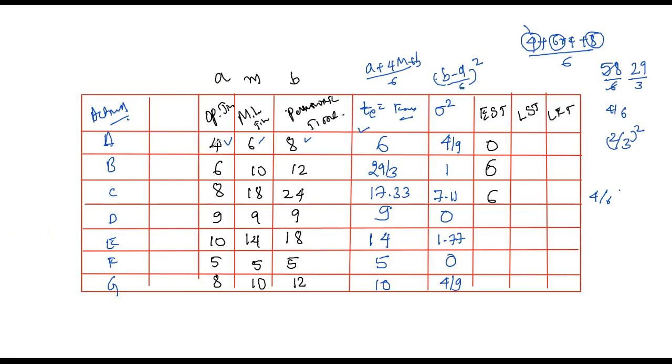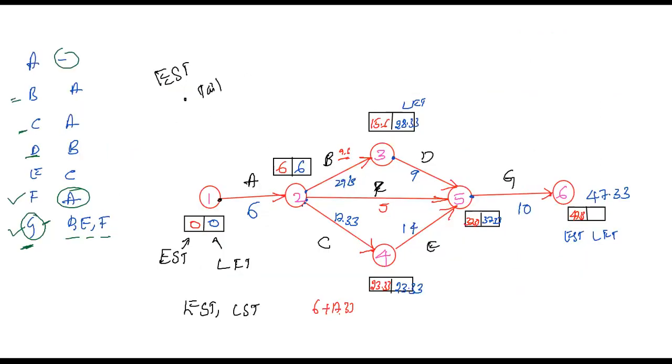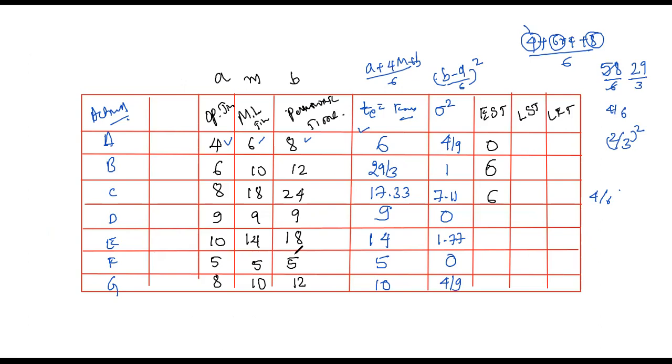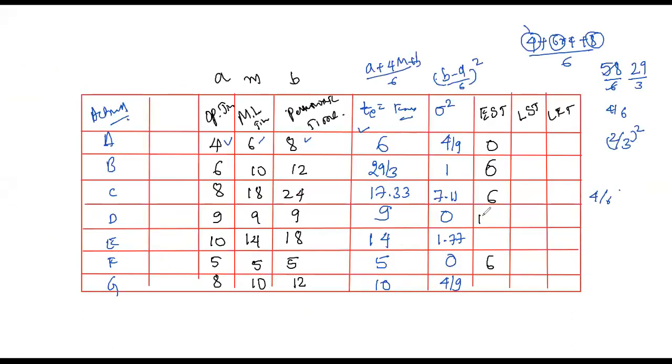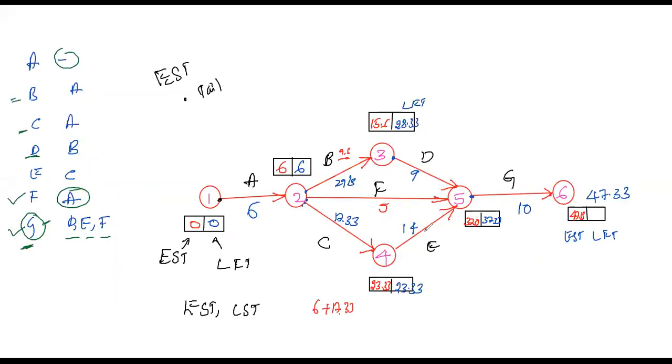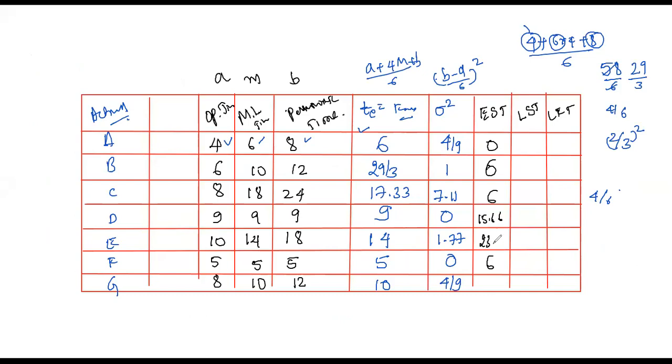Similarly, go with activity F also. And for activity F ಕೂಡ ಏನಾಗುತ್ತೆ 6 ಬರುತ್ತೆ, because all are emerging from the same node. ಒಂದೇ ನೋಡಿಂದ ಬರ್ತಾ ಇದೆಯಲ್ಲ ಎಲ್ಲವೂ, so the value will be 6 only. So next, for activity D ಹತ್ರ ಏನಿದೆ EST 15.6 ಇದೆ ಹೌದಾ. So that we need to write. Activity E ಹತ್ರ ಎಷ್ಟಿದೆ? The tail of activity E is here. ಇಲ್ಲಿ EST 23.33. That we need to write here, 23.33.